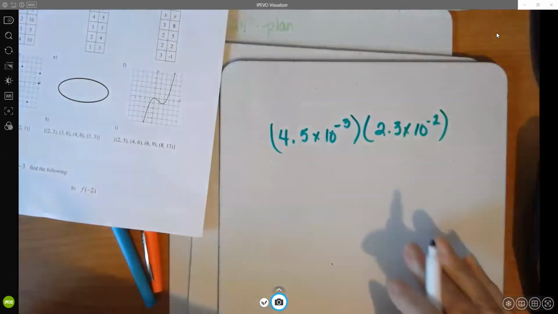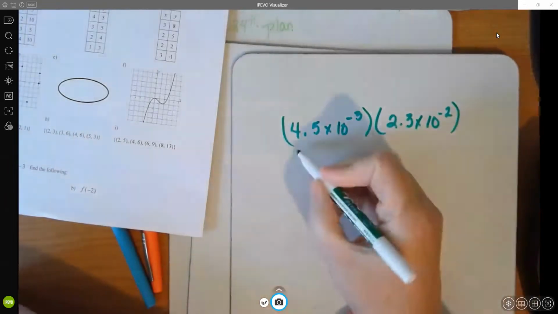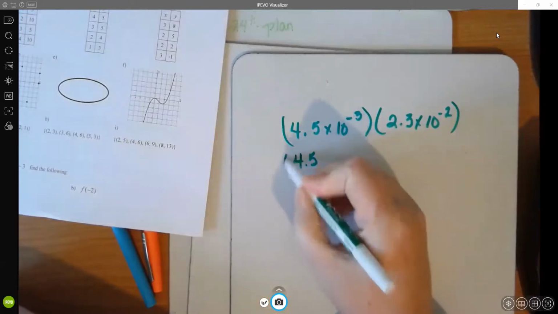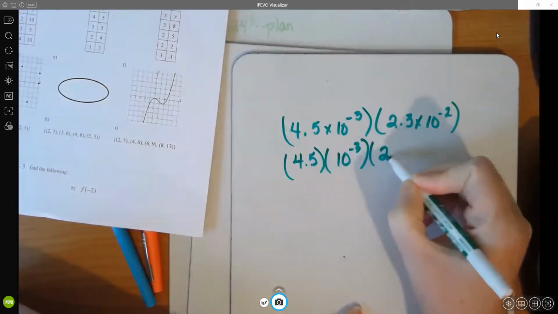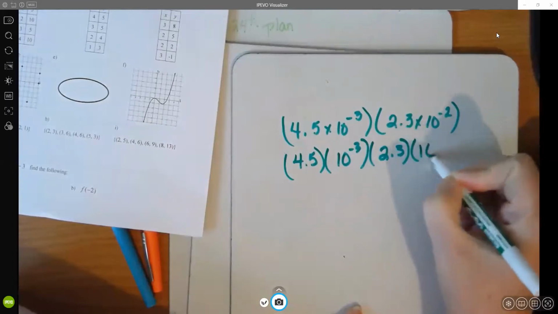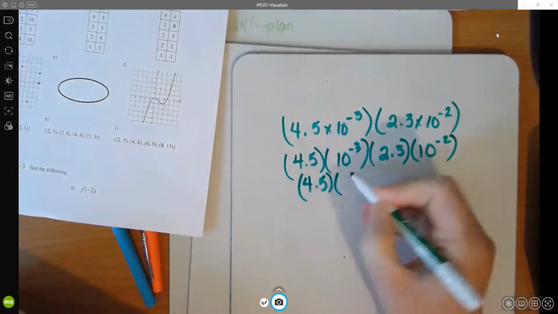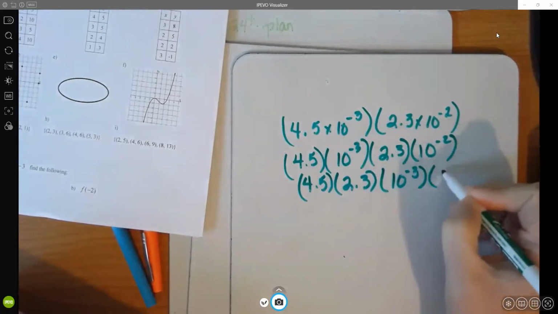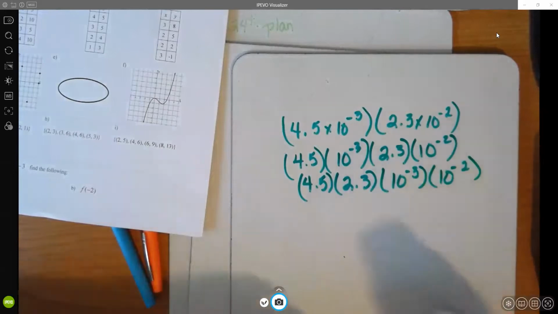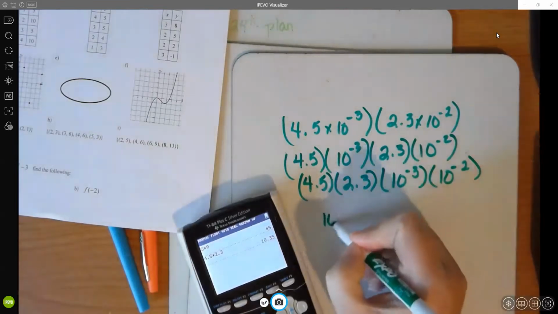And because there is no addition, this is not a FOIL. This is all multiplication. So multiplication we can rewrite and multiply in any order. So that would be like taking out those times symbols. That's the same as writing it this way. So I'm going to take the calculator and multiply 4.5 times 2.3, which gives me 10.35,